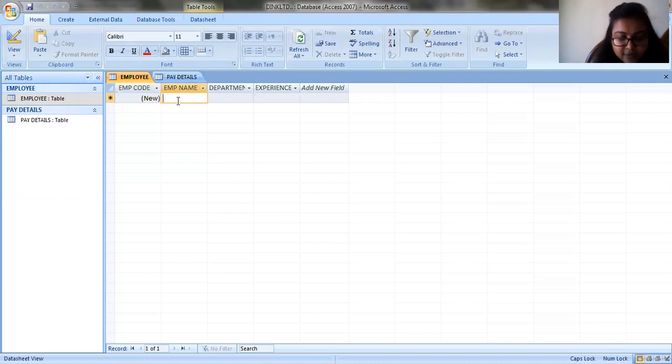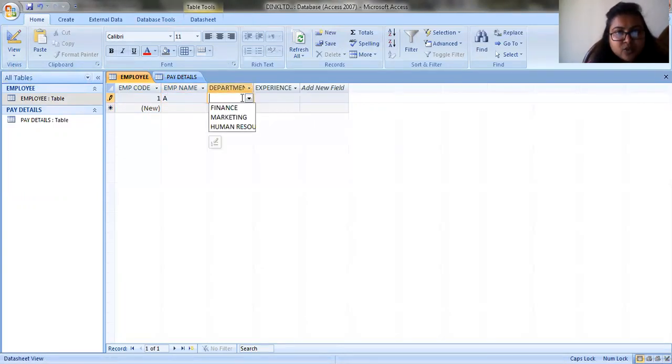Employee name, I'll write down A. Department, I'll choose as finance. Experience 2. Employee code, I'll not type because it is an auto number. The computer will automatically take the employee code.